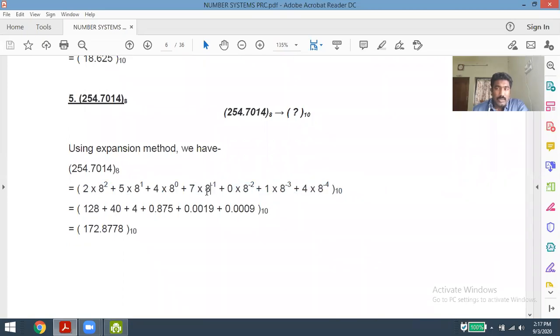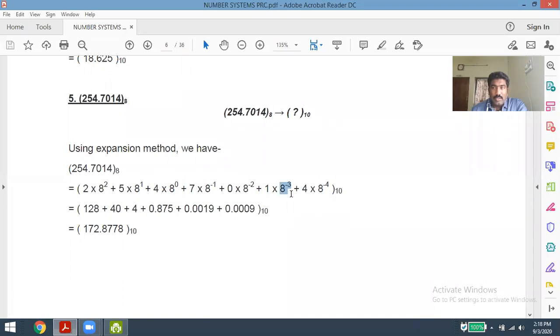What is meant by 8 power minus 1? Can anyone say the answer? Or what is meant by 8 power minus 2? Is 8 power 1 the same as 8 power minus 1? Why am I not getting any minus values here? Anyone? What is the value of 8 power minus 2? Or what is the value of 8 power minus 3? How can we calculate it?